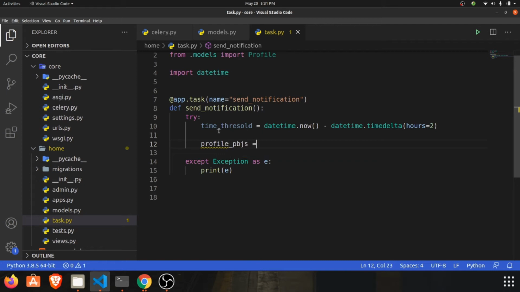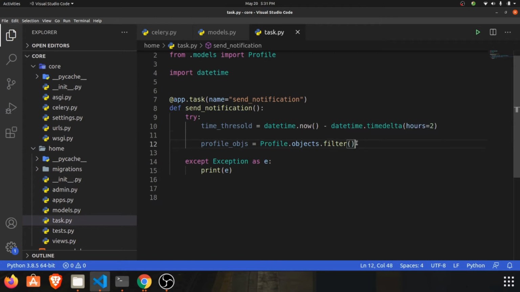Profile objs is equal to Profile.objects.filter, and we need to pass the time threshold in this one.